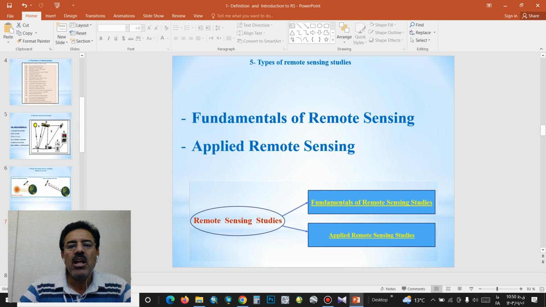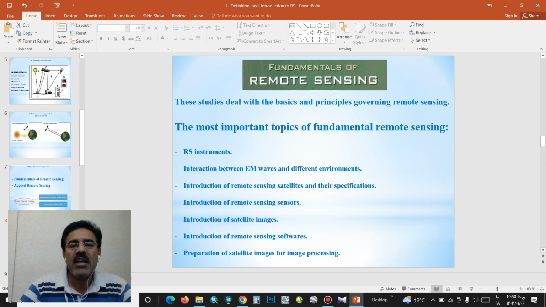Number 5, types of remote sensing studies. We have two paths of remote sensing studies. Number 1, fundamental remote sensing, and number 2, applied remote sensing. Fundamental remote sensing studies deal with the basics and principles of remote sensing. The most important topics in fundamental remote sensing are: